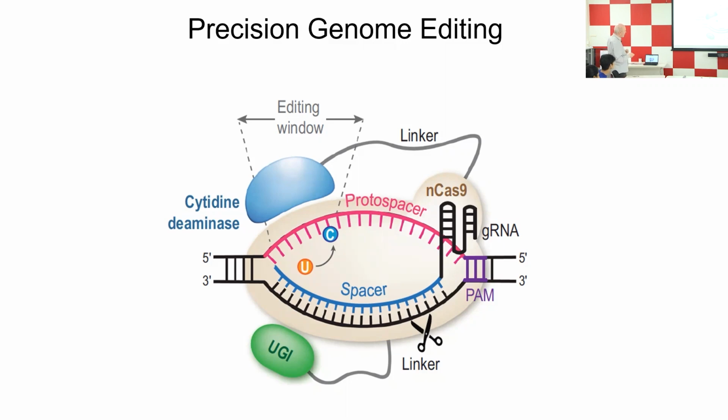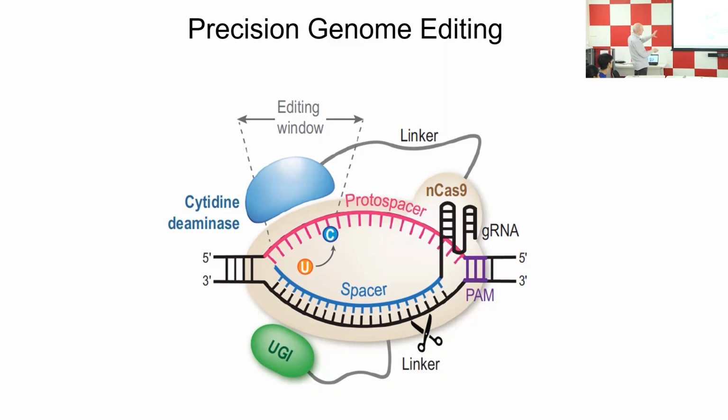So this is the situation, and there's also an additional trick: in many cases, you add one more domain to the protein hybrid that is an inhibitor of an enzyme called uridine glycosylase, which repairs the changes from C to U. So just to avoid that the changes are repaired, the protein engineers have added this particular addition to the complex, okay? So then this is a kind of great machine because you can